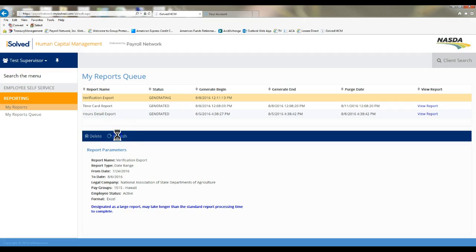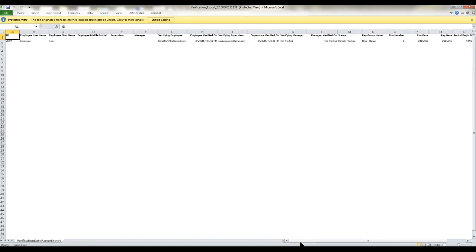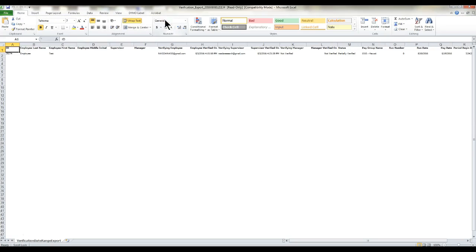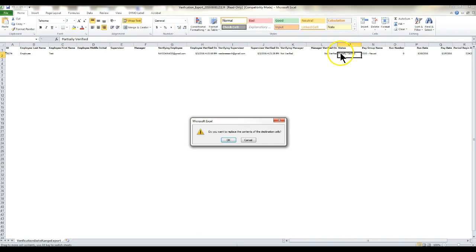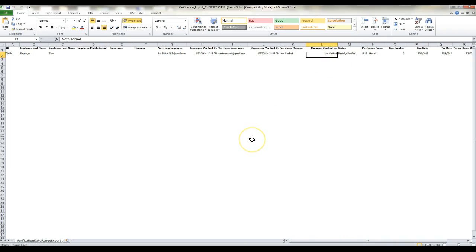I'm just going to go ahead and refresh. There you see it's generated. I can view my report. And now you can see your employee. You can see that the employee verified it, the date and time, the supervisor verified it, and the manager has not verified it. Now again, this report can be helpful in seeing if your employees have verified, but what's most important is just going through that,